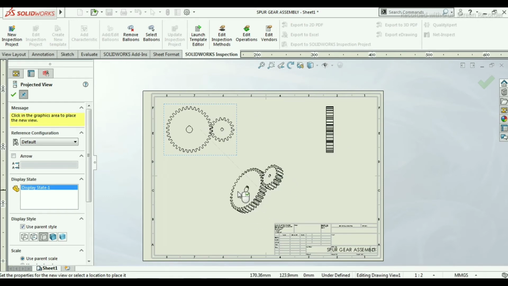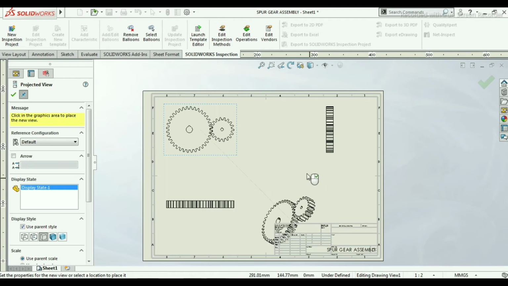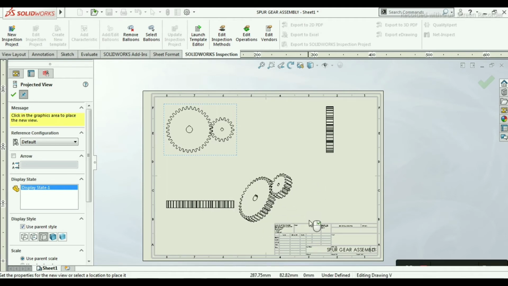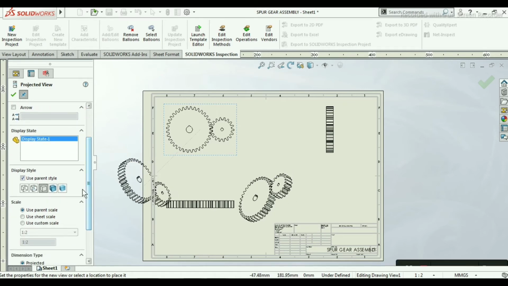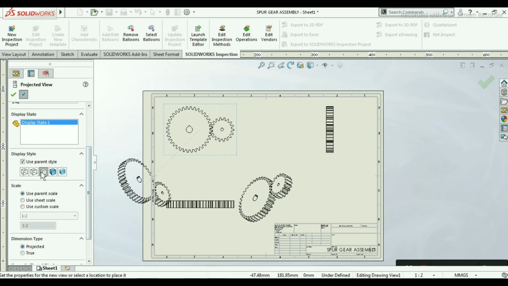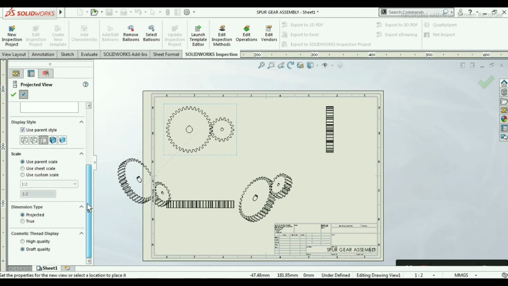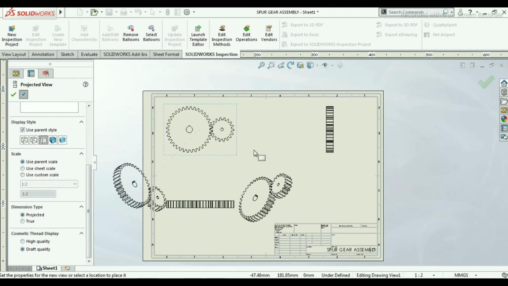If you just move the mouse, then automatically it will show the different view. Select here, and it is the isometric view, then select here, and then you can also click here if you want to give the shade option, so you will give the shade. Various display styles occur, so according to this you can use all these display styles. Any one you can choose, or you can increase or decrease the scale margin of the sheet.